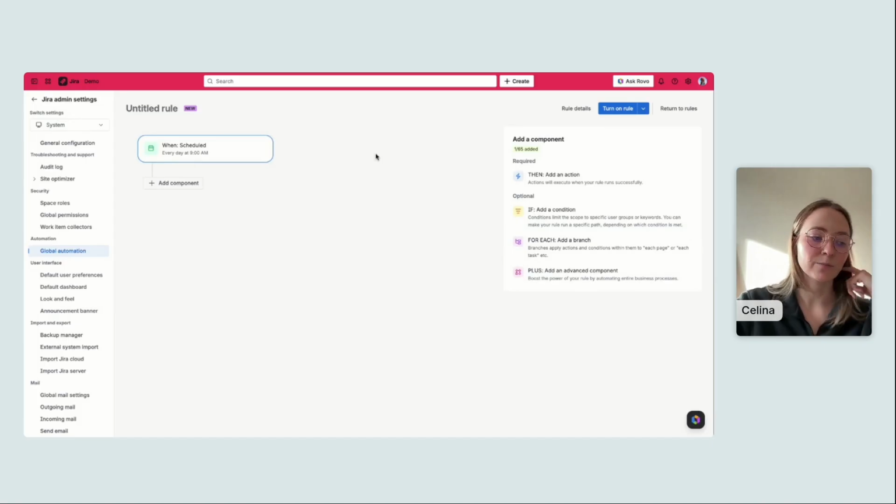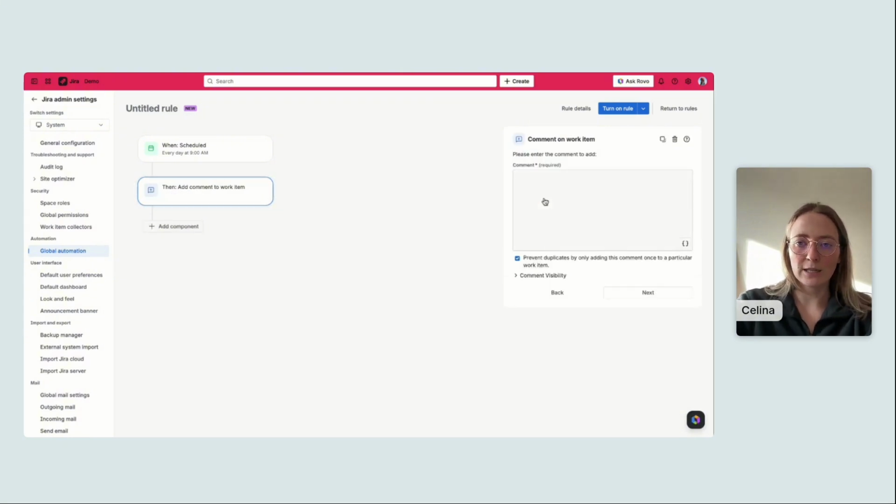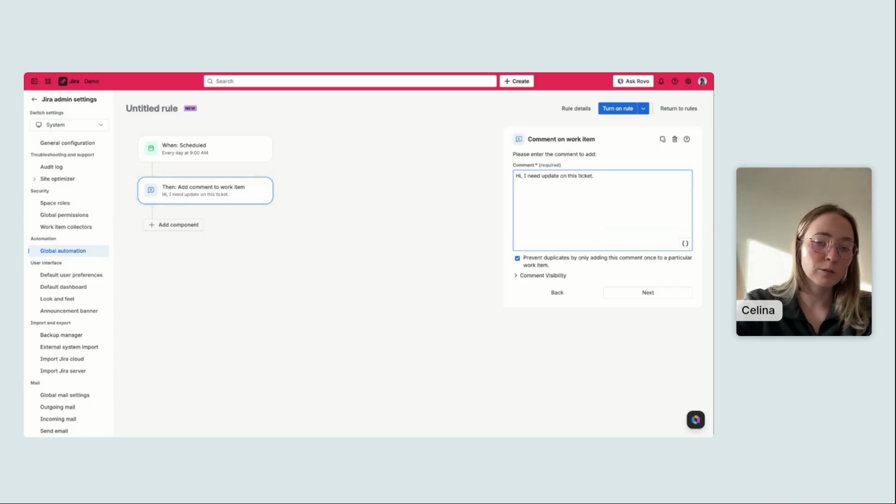And now next, I would like to add a comment. So comment on work item. And here you can just type what you need. So for example, hi, I need an update on this ticket. The assignee will get notified and the reporter will get notified. So all good. If you need, you can also use smart values here to put the assignee. I think it would be something like